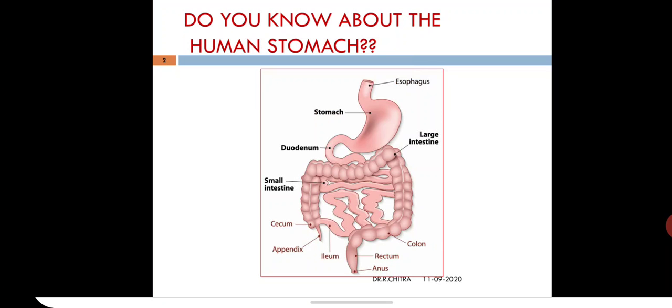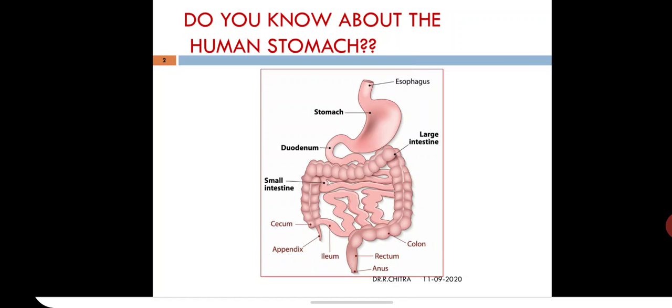Are you seeing the stomach? It is the most dilated part. You can see in the picture it is the dilated part of the digestive system. And it is a distensible part, so it distends according to the food habits of the individual. It is situated in the abdominal cavity in the upper part called the epigastrium. Those are the details of the stomach. The stomach is the reservoir of food and also the site of digestion of food. So the digestion starts in the stomach.